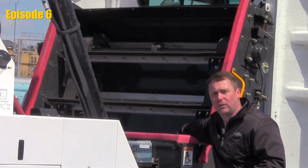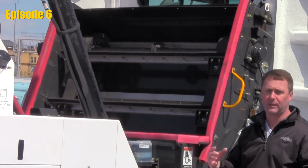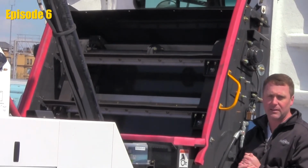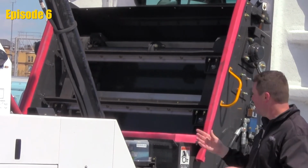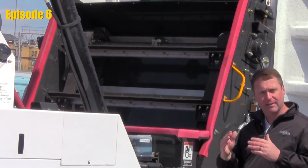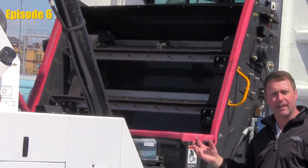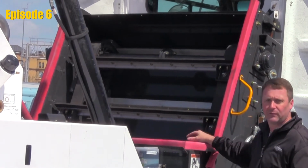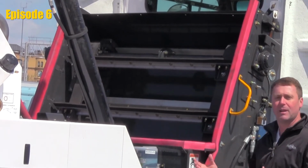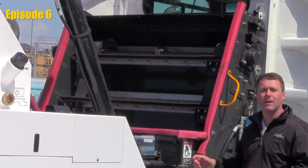Next, take a look at your aluminum flights. We do realize that when you're out sweeping, there could be bricks or debris underneath of a pile of leaves that you don't know are there, and the aluminum flight can spin and hit one of those. If it does, it may cause that aluminum flight to get a bend in it or a break. Visually, take a look at that. One of the luxuries that we do have with an elevator system is that if one of those flights is bent beyond repair, we can remove it and still put the sweeper out and continue to sweep until it's in